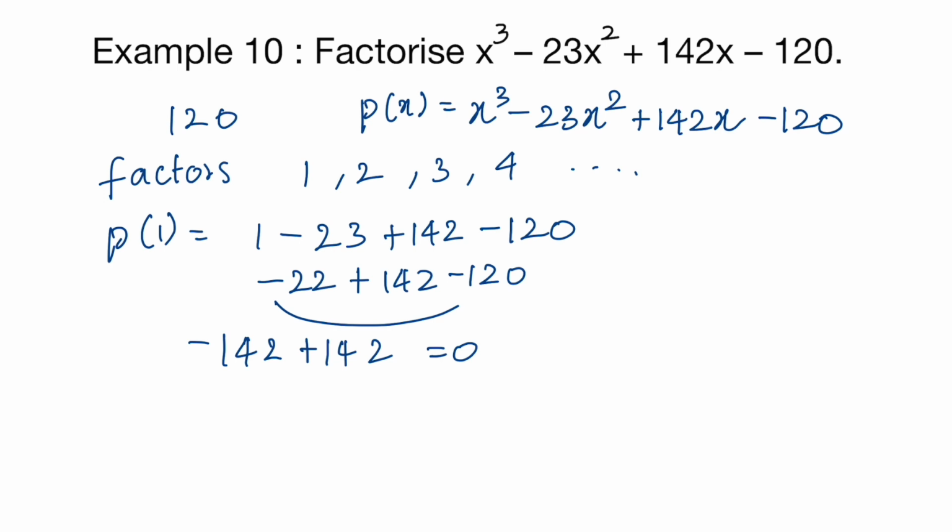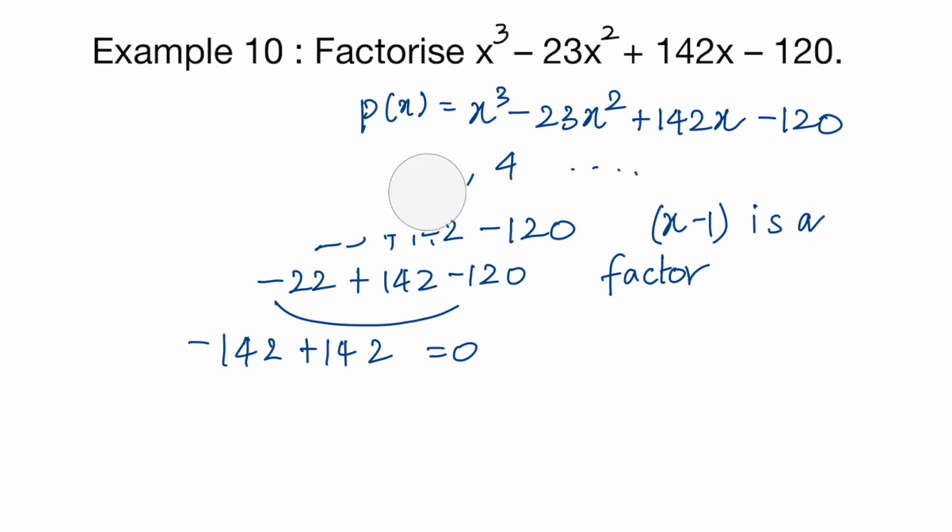So what does that say? It says that x minus 1 is a factor. If P of 1 is 0, then x minus 1 is a factor. This is what factor theorem says, right? This is what we know already, so there is nothing for you to get confused here. So x minus 1 is a factor. Now what you're going to do is,